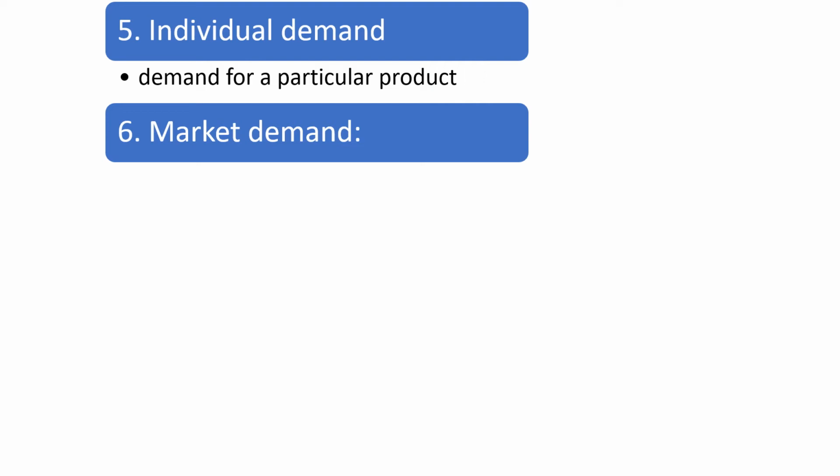See for example, if I am purchasing onion at 10 rupees, my demand will be 1 kg at 10 rupees. But if you compare B's demand at 10 rupees, he will purchase 2 kgs at 10 rupees. So here what happens? The demand of each individual is changing. So let me explain with an example, I'll write it on the screen.